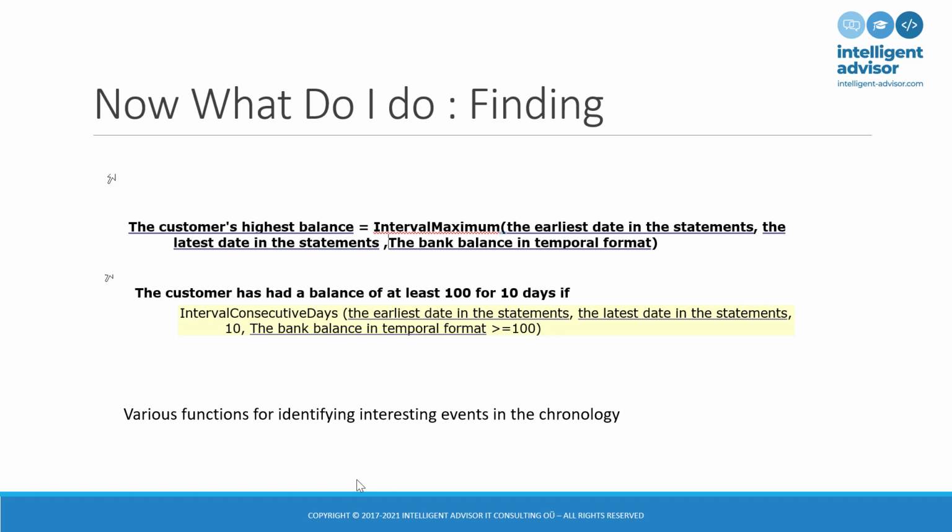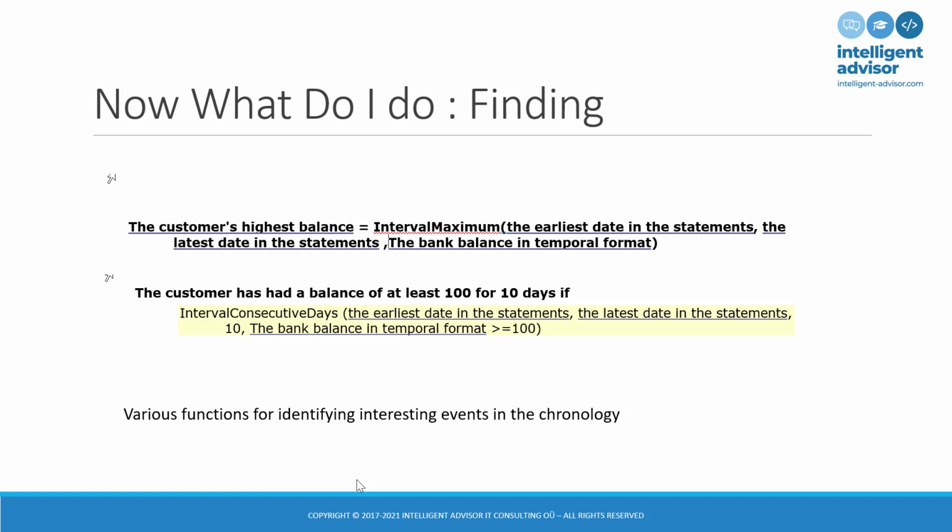You could say the customer's highest balance equals interval maximum from the earliest date known in the statements to the latest date in the statements, using the temporal attribute as our starting point. You can go even more clever and use interval consecutive days, and there are a whole bunch of functions like this one, not just consecutive days, but